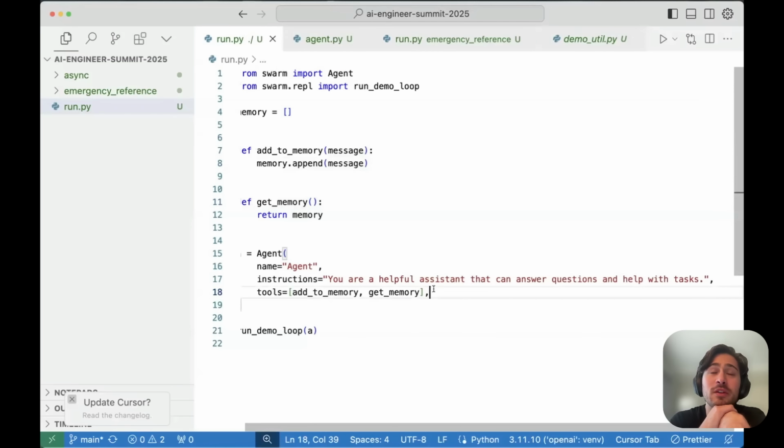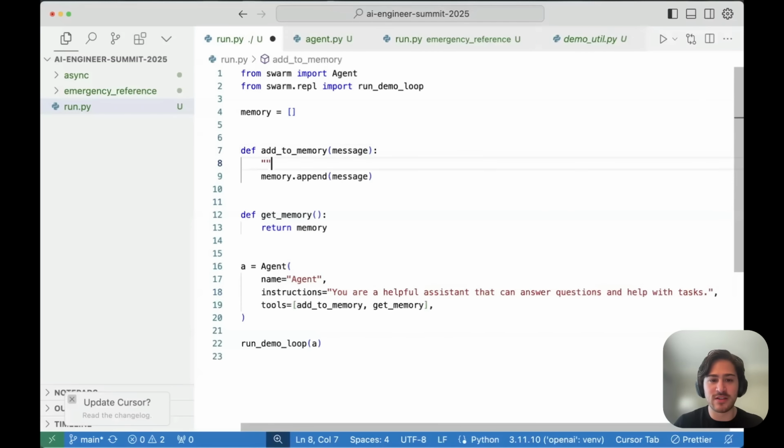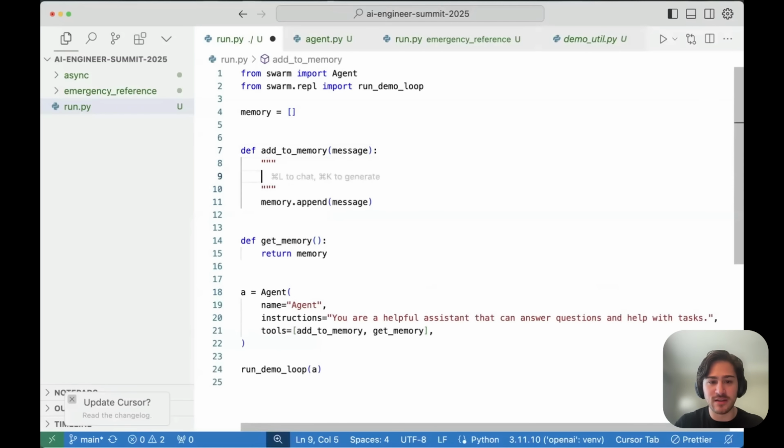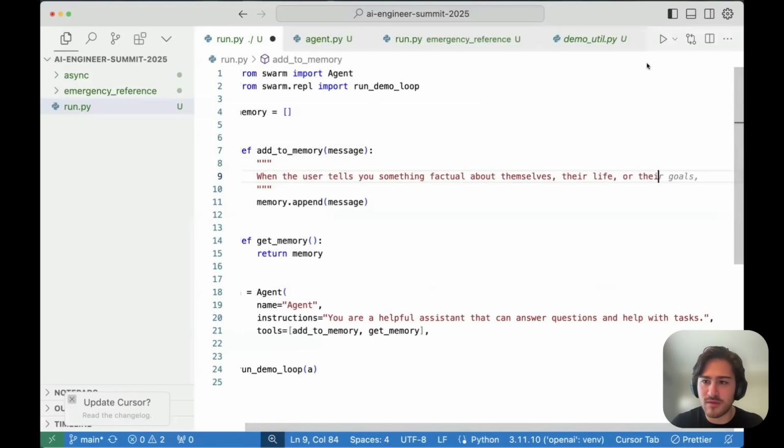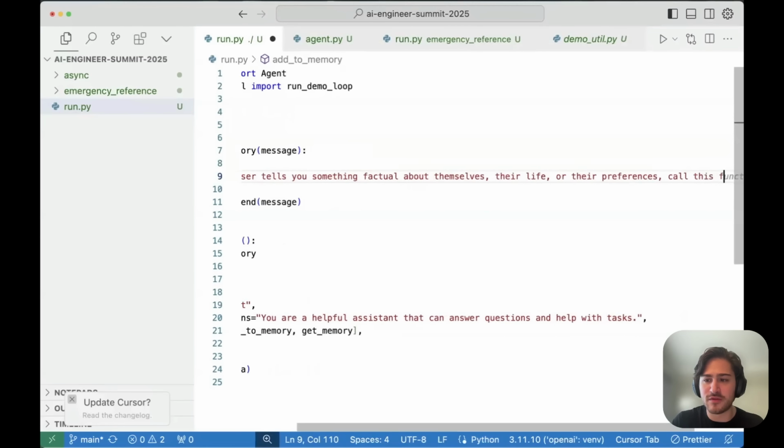And then when will we want to use them? This comment is going to be used as the description in the function. So you can say, when the user tells you something factual about themselves, their life, or their preferences, call this function. Man, I can't see anything.